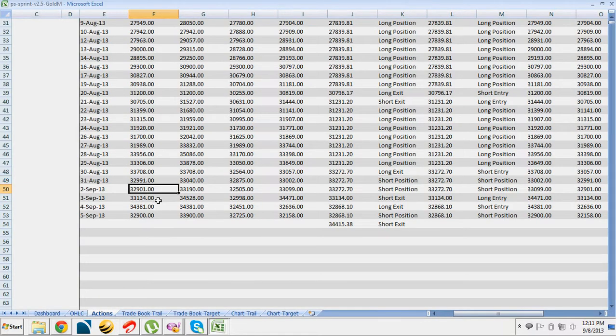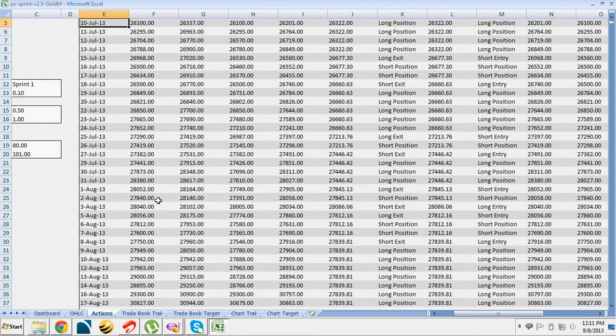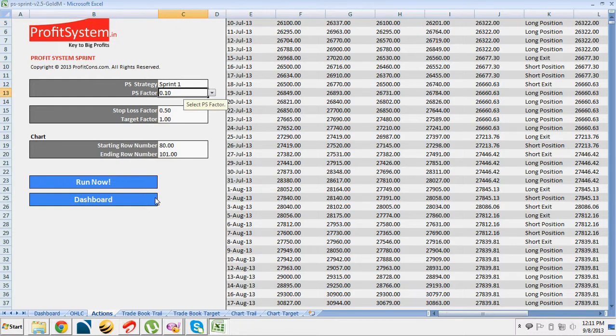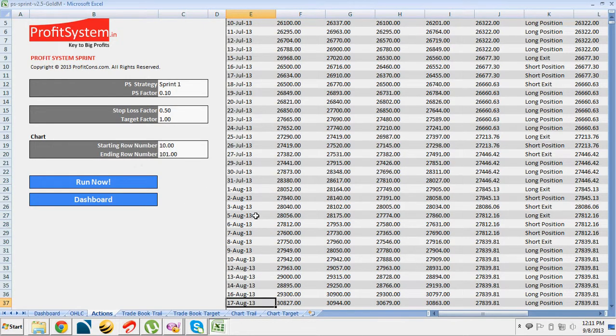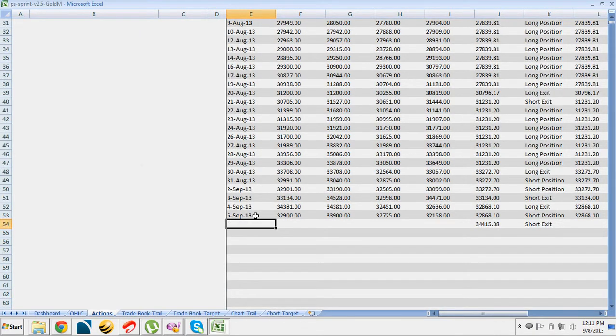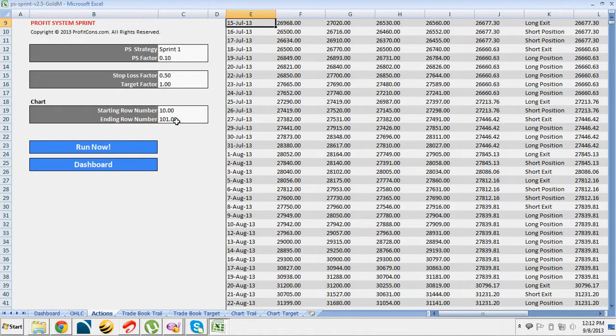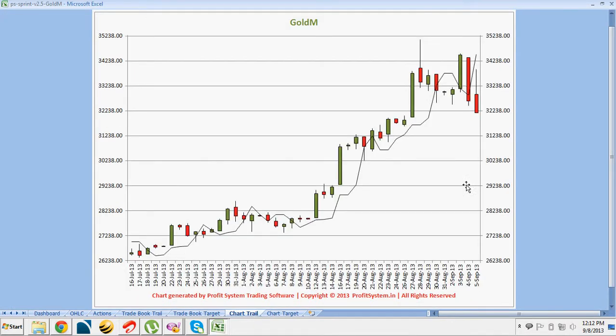You can go to actions, and if you need the chart from say 16th July, which is 10th row number, to the last row number, that is 5th September 2003, which is 53. Just put this 53 and it shall plot you the chart for that particular time frame.